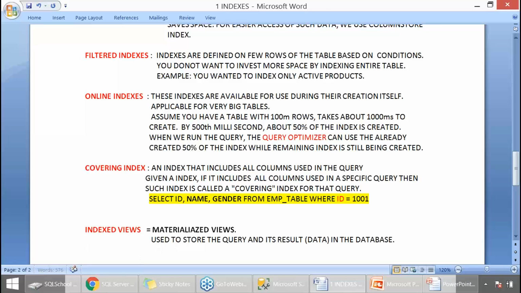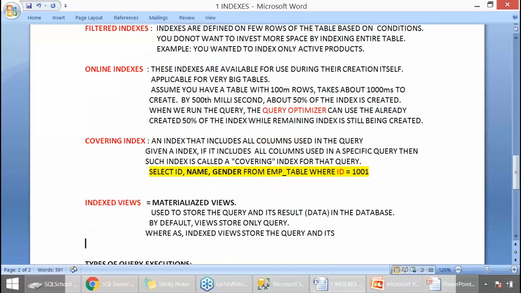By default, views store only query, select query. Whereas the indexed views store the query and its result also.